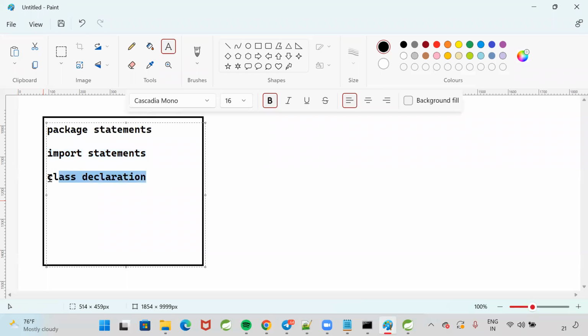Then we will have a class. Class is nothing but your plan of action, what you want to do with your program. That planning will happen inside the class. Class is a blueprint. It is an imagination. After the class is declared, then we will go for